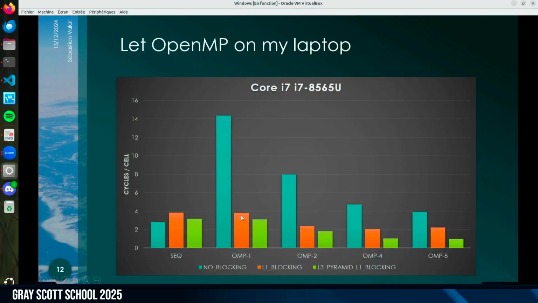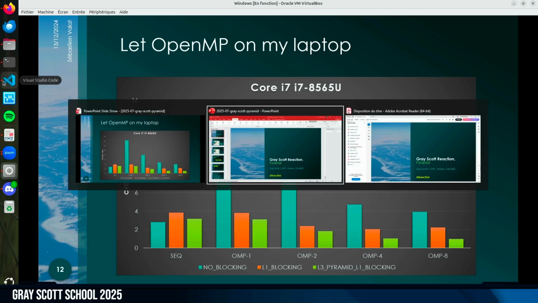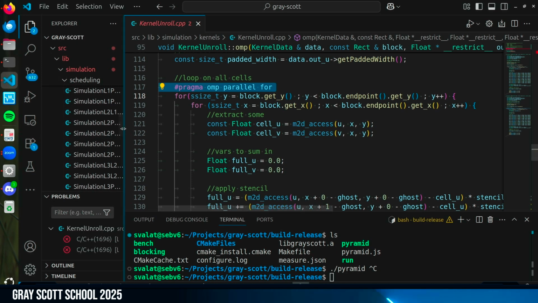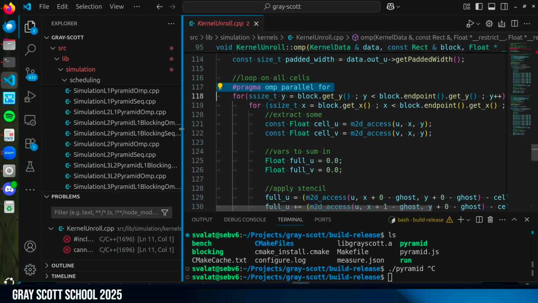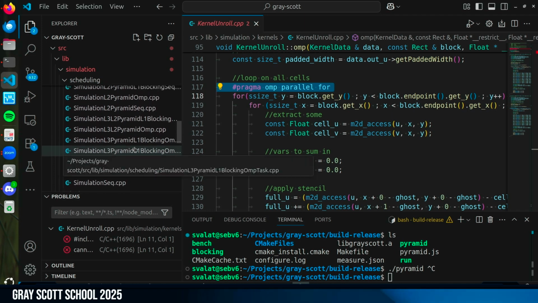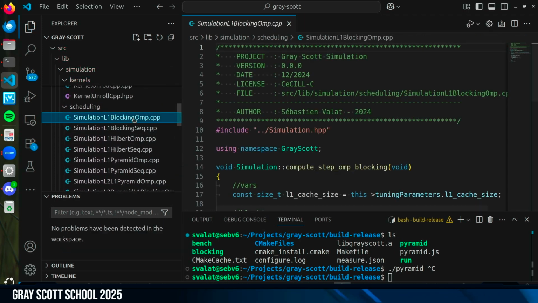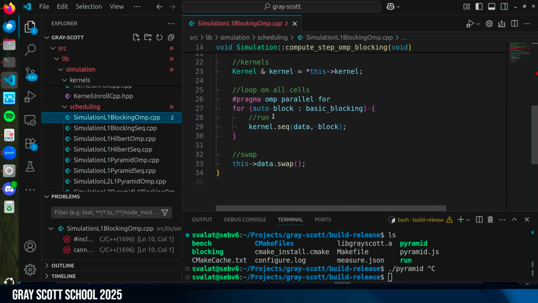The good point is that with the L1 blocking, I have the loop with the pragma. I can show you the code to help you understand. Where's my code? L1 blocking here. For the L1 blocking, I have a sequence of blocks which calculates the different blocks I'm using.